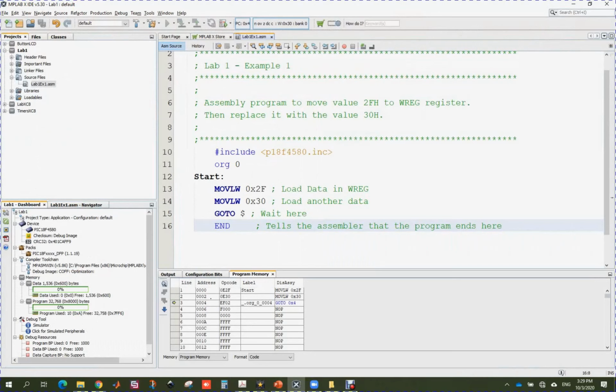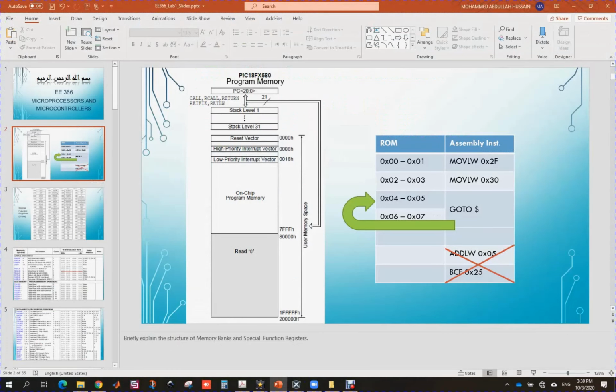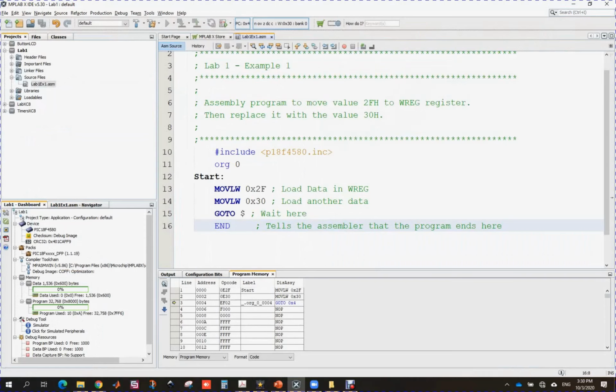The machine code is 0E to F, and the assembly instruction is MOVLW 0x to F. And at locations 2 and 3, you have the opcode 0E30, MOVLW 0x30, the assembly instruction that is stored in locations 2 and 3. Similarly, the locations 4, 5 and 6, 7,